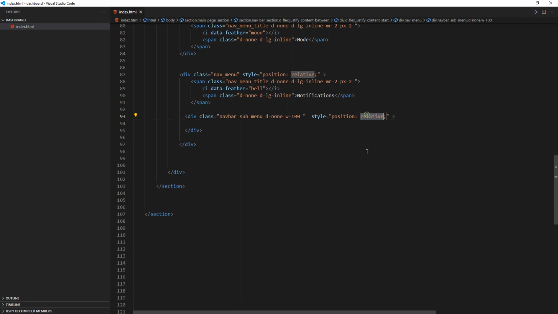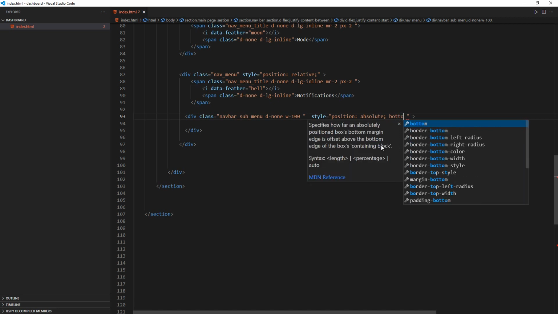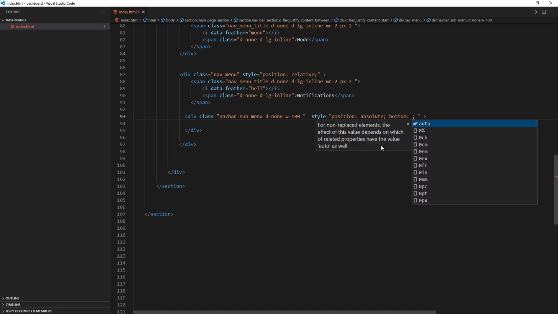So just going to say absolute like that, and I'm just going to give it some margins. So I'll start with bottom. So bottom, I'll give it negative margin,